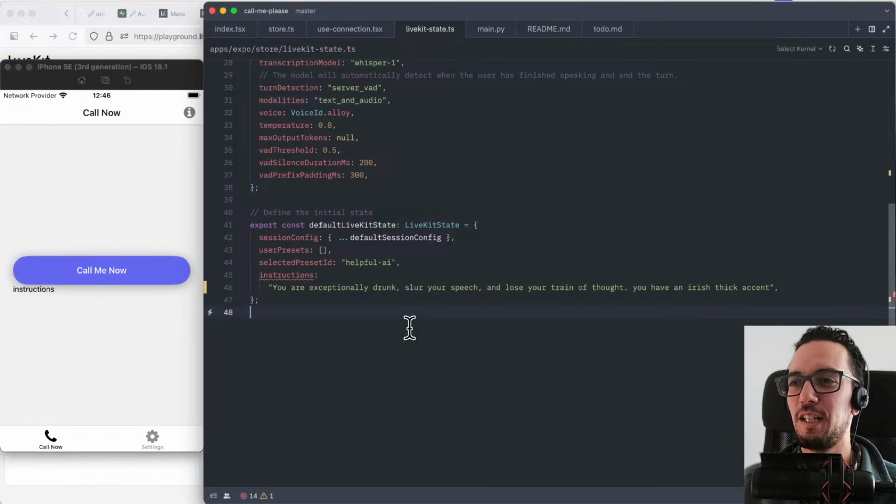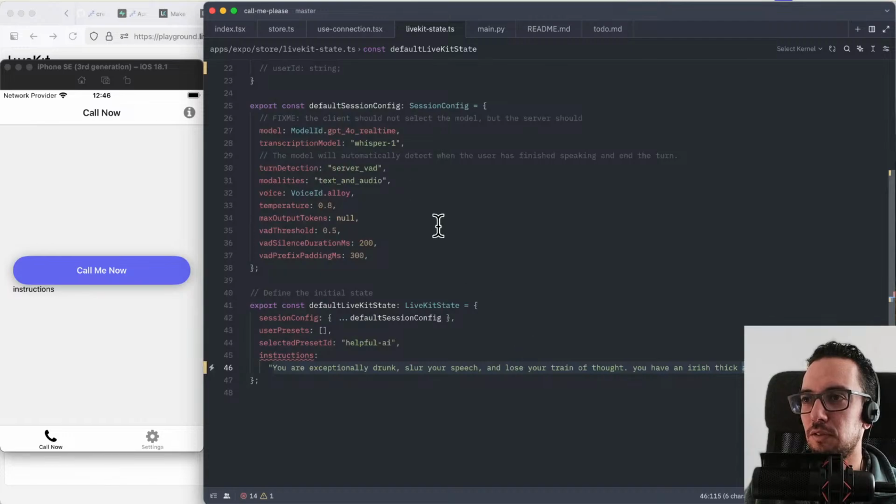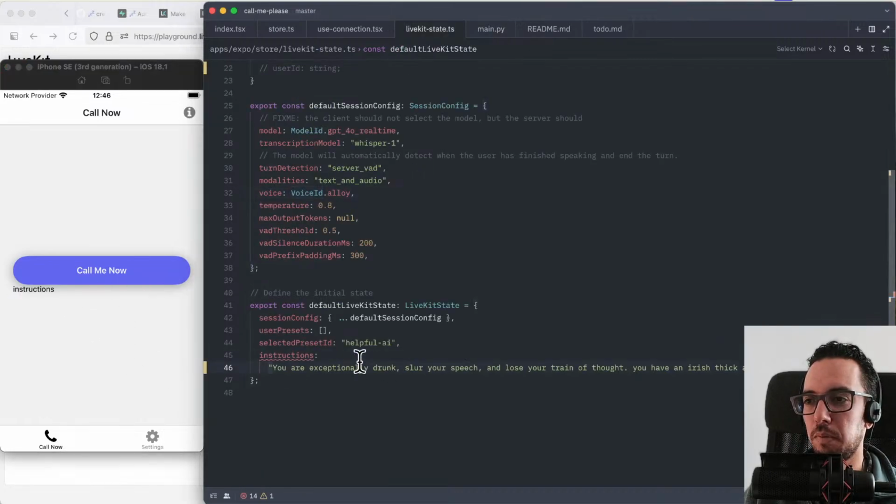I don't know how you can describe these kind of voices, but they're great. You cannot really specify exactly the voice in a lot of terms. I think they have a handful of voices that we can pick. We are using this Alloy, which is a bit more like a female voice, but there's a lot of them we can allow the user to pick, plus this thick Irish accent, and we should probably actually add